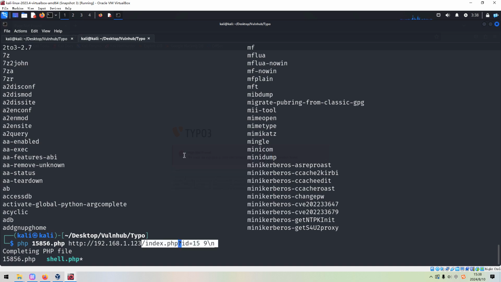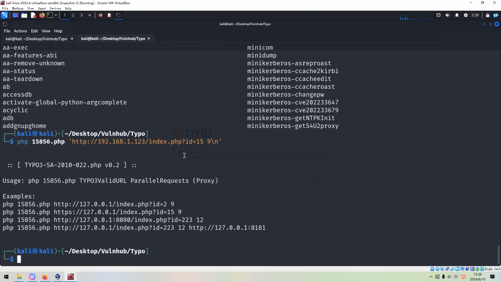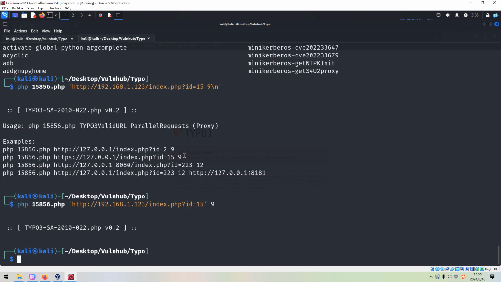To see what will happen. Maybe I need to use the single quotes. So the usage proxy, type valid URL. Oh, sorry. And press enter. So what's this? Maybe it's difficult to utilize this exploit.